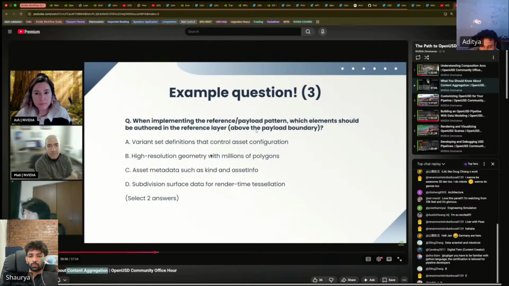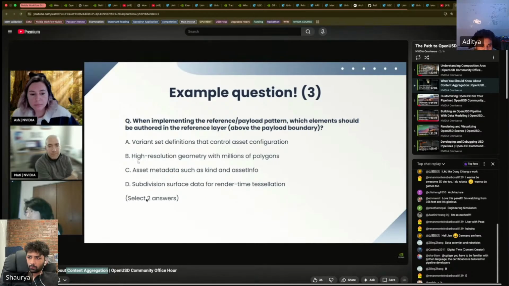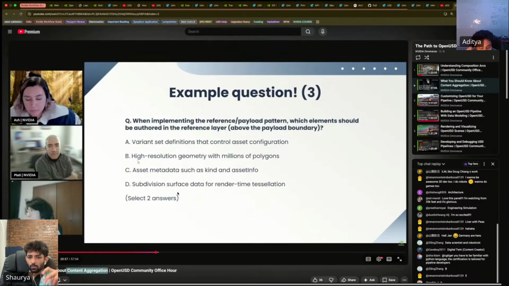This is something that we already read in the OpenUSD documentation we had. So definitely A was the correct answer as well, that variant set definition that controlled asset configuration. Because in reference layers, we did see that when we did the hands-on notebook, we saw that in a reference we can set variant set definition. But one other thing that we can set was asset metadata, because when you're referencing a file, how would a developer know